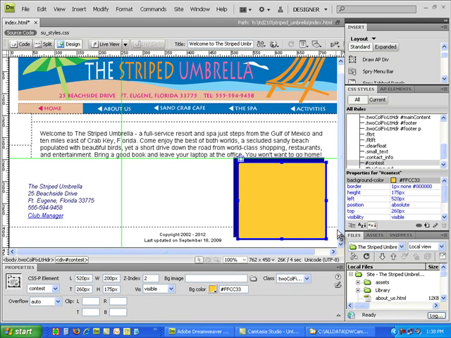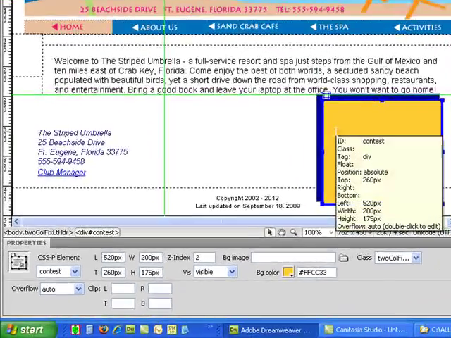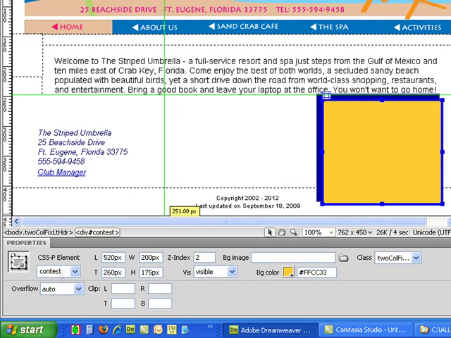This tutorial is about how to add content to an AP element. As we learned in the last tutorial, we learned how to draw an AP element so that we now have two AP div tags on our screen. The one on top is called contest, and it has certain left, top, width, and height dimensions, and the Z